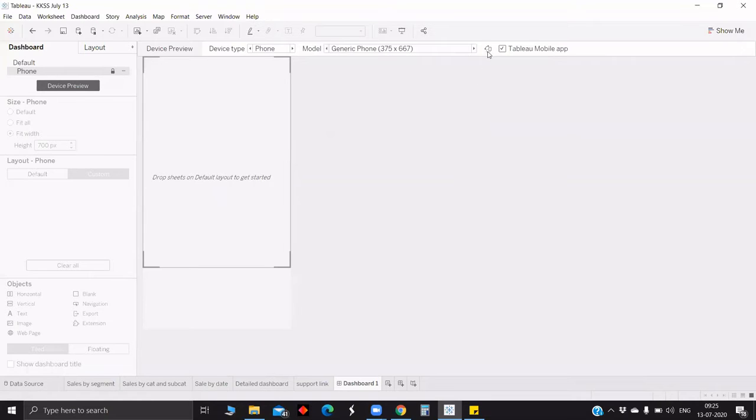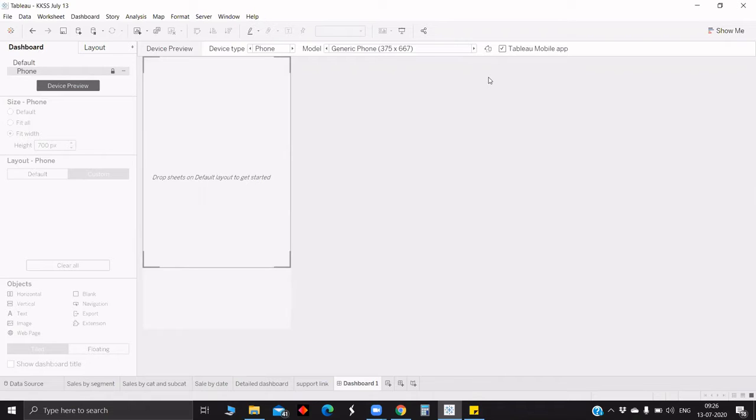Yeah. So also we can see one icon here which is used to switch from landscape to portrait. If you use that icon, we can view how it looks in landscape as well as portrait. And also here we have the Tableau mobile app option. Once you uncheck that, it shows the screen size based on the device you are using. But if you click on Tableau mobile app, then it adjusts the size based on the app for the mobile edition.